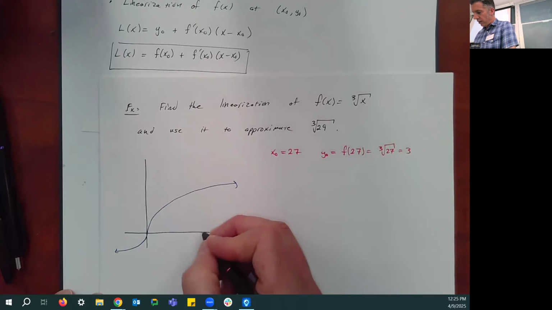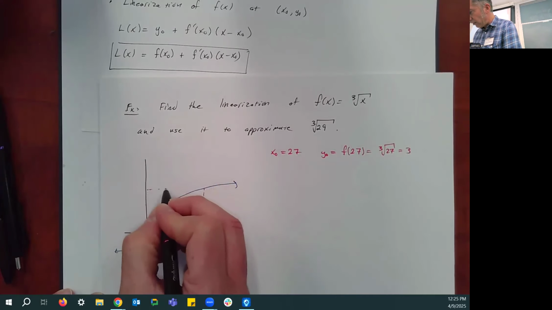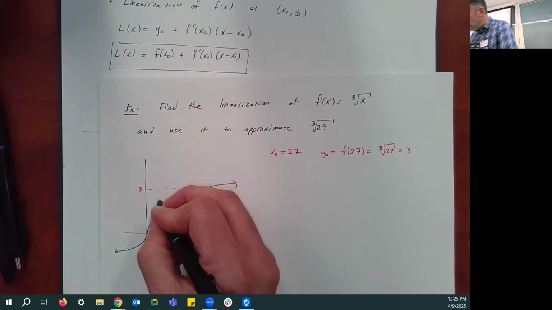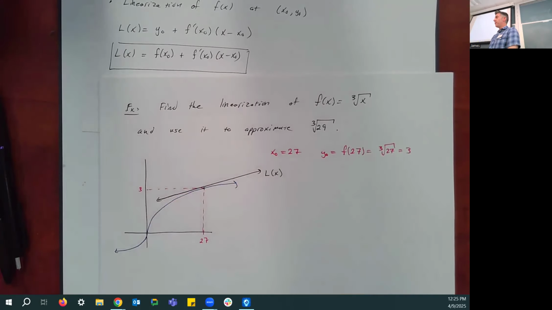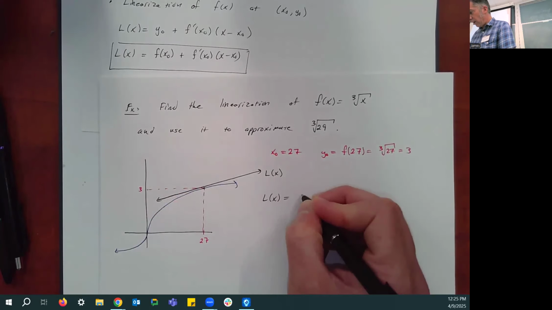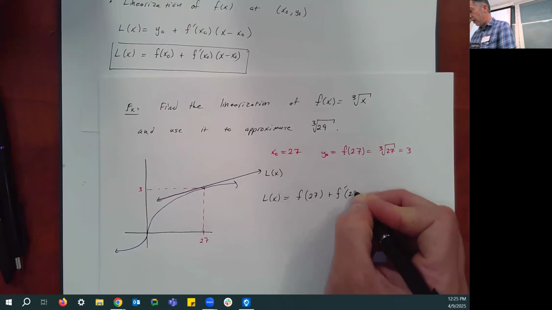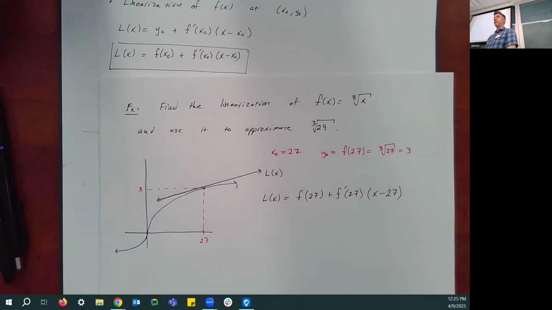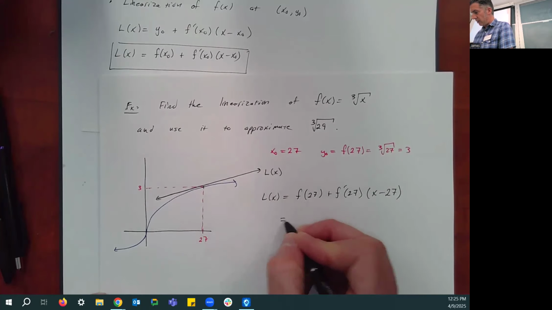The idea is that over here, and again, my graph is not to scale, that's okay, over here at 27 comma 3, we are finding the equation of the tangent line. So this tangent line is our linearization. Our linearization is just going to be f of 27 plus f prime of 27, we have to find that, times x minus x naught, which is still 27. So I know that this is going to be 3 plus,